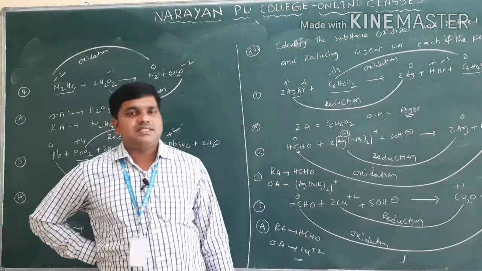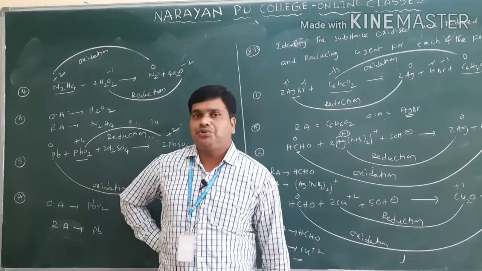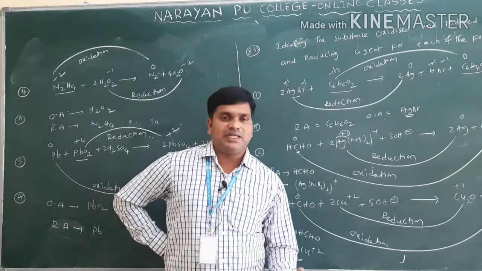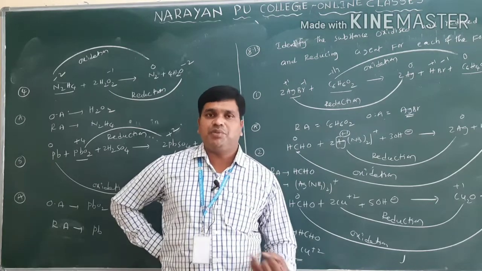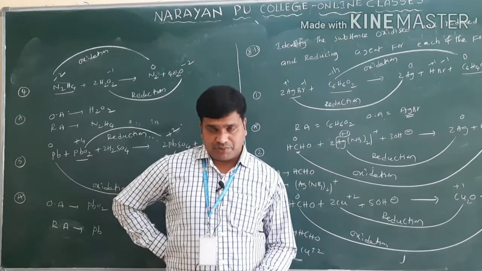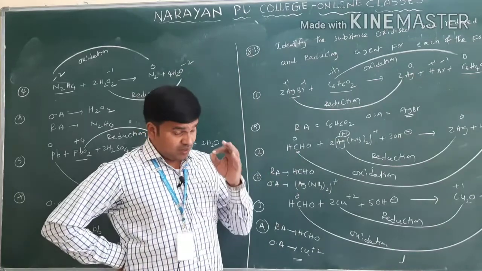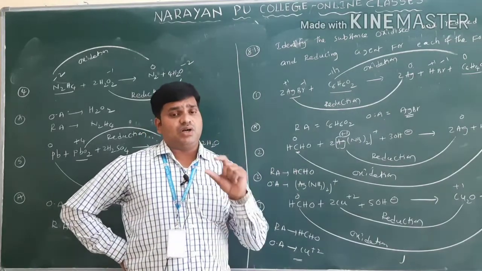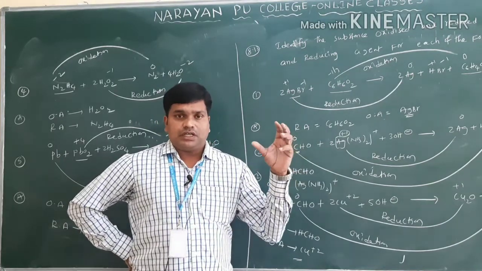So the redox reactions are completed. In the next episode we will start objective questions on this redox reaction chapter. You have to mainly concentrate on calculation of the oxidation number, balancing of the redox reaction in acidic medium and basic medium with two methods, the half reaction method and the ion electron method. And one more very important concept you can identify: questions on the electrochemical series. Keep the code given in your mind, and you can easily solve the questions on the redox reactions chapter.